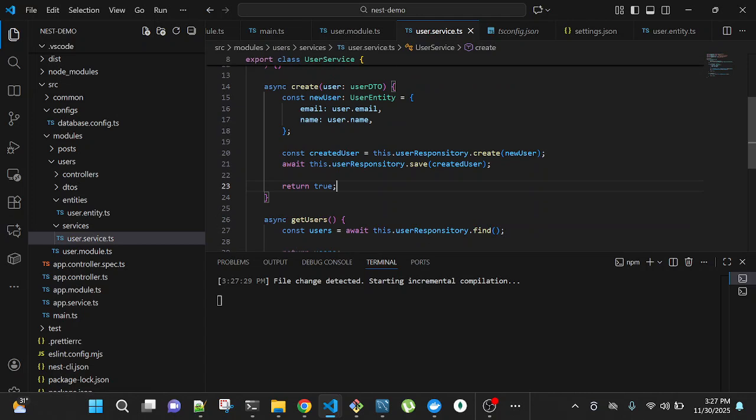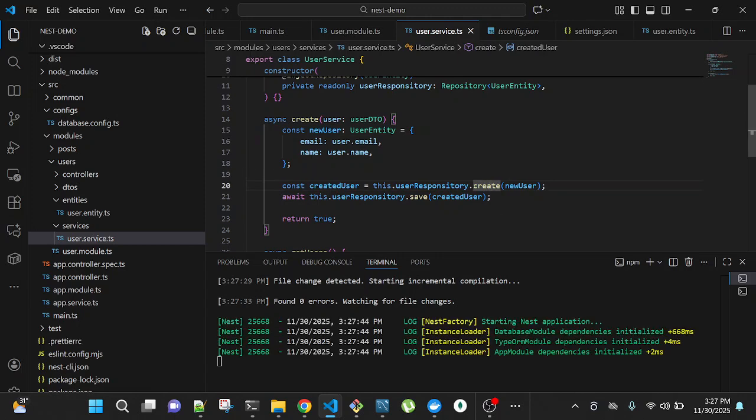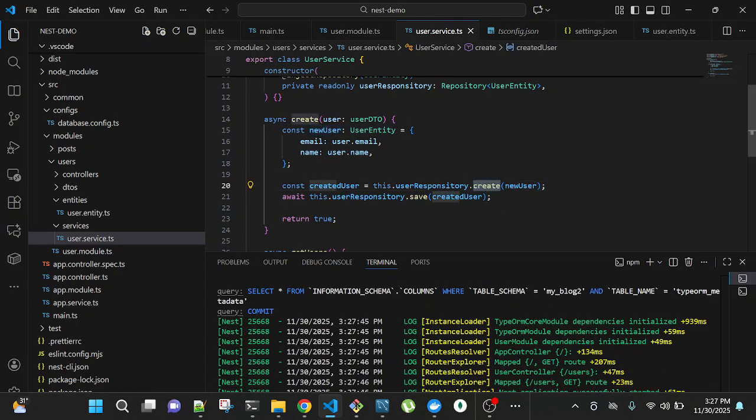So this is a simple service to create a user, using the user repository. We need to create the new user object that we want to create. Then we call the create method of the user repository, give it the object of the user. It will use the entity format and generate the user that we want to create. Then we call the save method, which will save it to the database. This is for the service. Then let's wire this method. Now let's call this method in the controller.